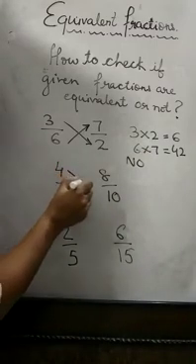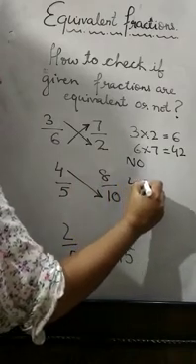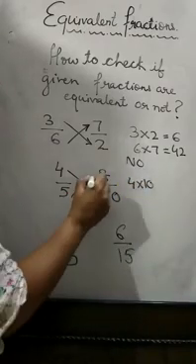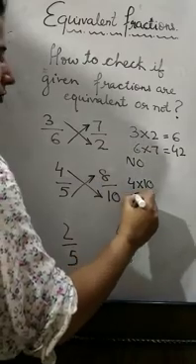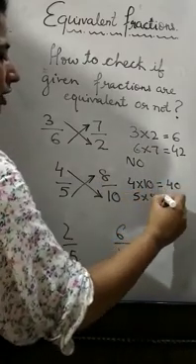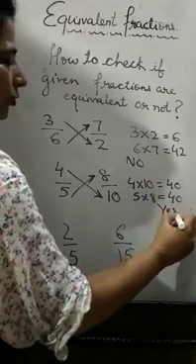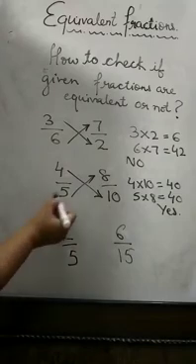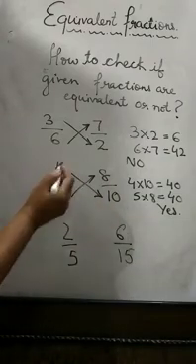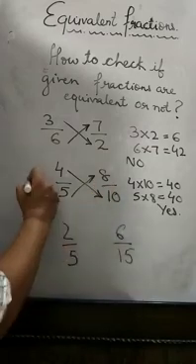Let's see another example. See, I have crossed 4 with 10, so it means I have to multiply 4 with 10. Similarly, 5 with 8, so 5 with 8. Now let's see what we get. 4 10s are 40, 5 8s are 40. The answer of both is the same. So what do we write? We write yes, both of them are equivalent fractions. So 4 2s are 8 and 5 2s are 10. So these are equivalent fractions.